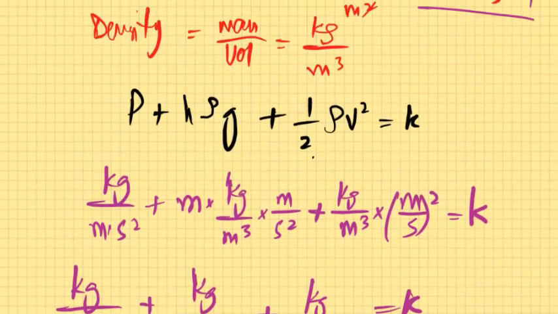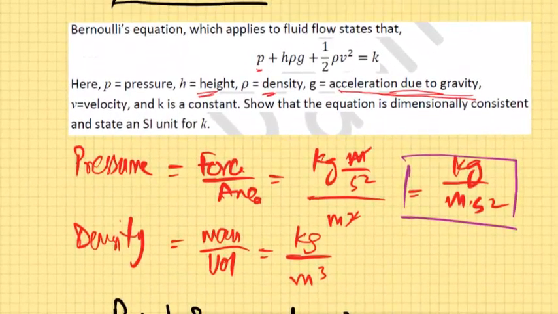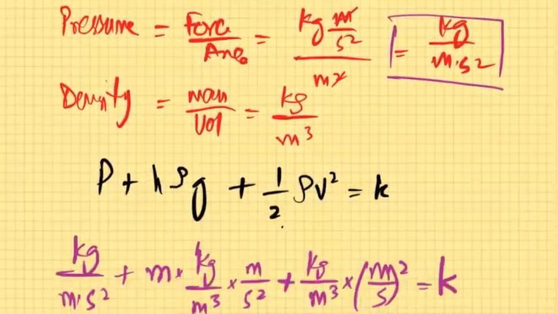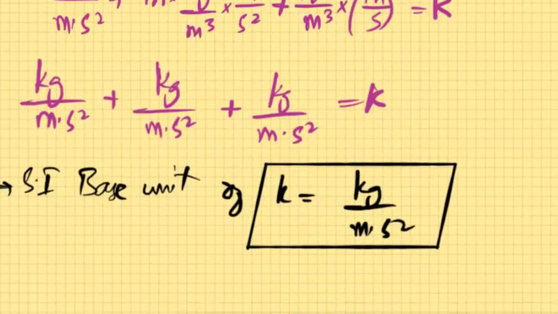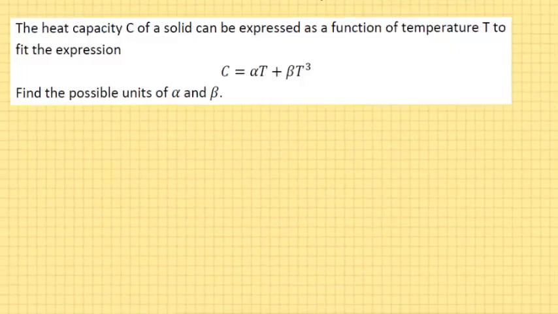So this was a good example to practice on, that is available on my worksheet too. And now I have another very good question to discuss with you. Now moving on towards this question, it says that the heat capacity C of a solid can be expressed as